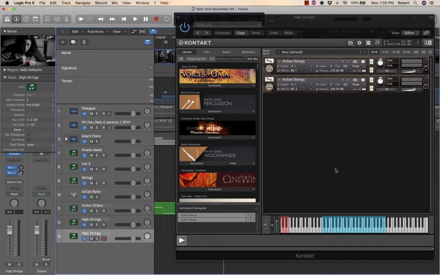So if I play the keyboard, I'm playing back the low strings. Change the track to the high strings, and that's the high strings. So all I need to do now is relabel this to low strings, and that's set up. It's very important, the very first step after you have loaded these two instances